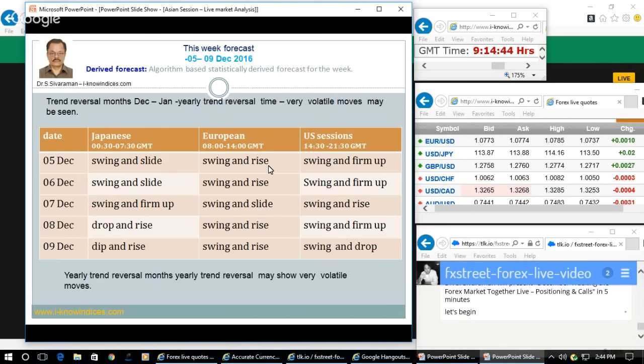Normally during the month end and the month beginning, they make the monthly trend reversal. And during the last month of the year and the new month of the year, they make the yearly trend reversal moves. The trend reversal moves are nothing but volatile moves. They quickly gain the levels in the market and give the impression that the market has breached resistance and gone above. So it is likely to make further higher moves. That is how it gives that impression.